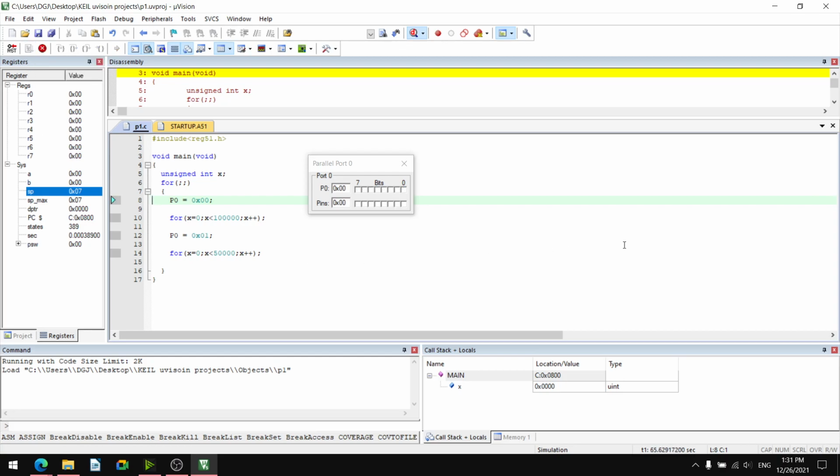So for 0 it takes more time. Okay, you can check here. And for 1 it will have less time, fast time. So 1 comes and goes quickly.